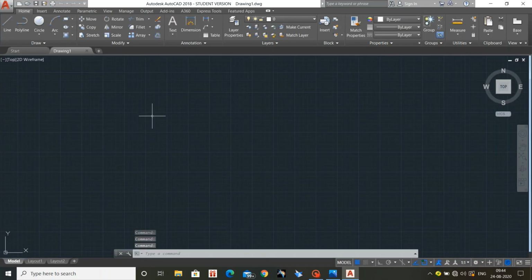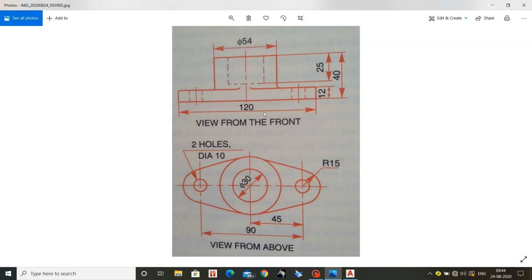So this is the interface of the AutoCAD drawing. I have told you and shown you in the previous video. The previous video link I'll also provide in the description for your comfort. So this is the diagram. Now I'm willing to start. See here, the top one is the front view and the bottom one is the top view of the object, of the component. If you want, you can take a screenshot from here or the previous one I have shown you. That's the reason for showing the diagram for more time. This might be helpful for you to get it clear.